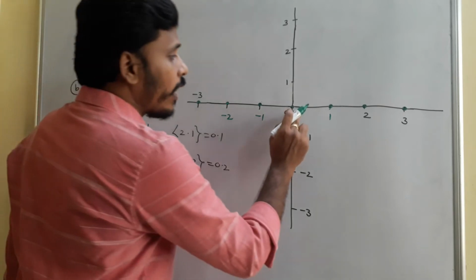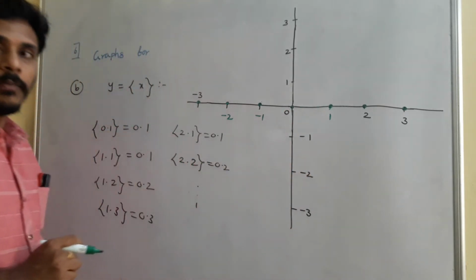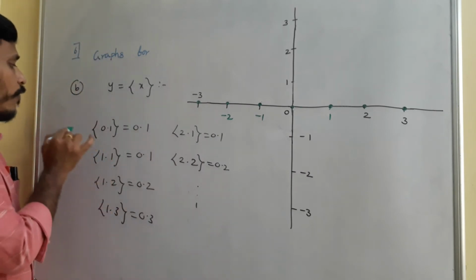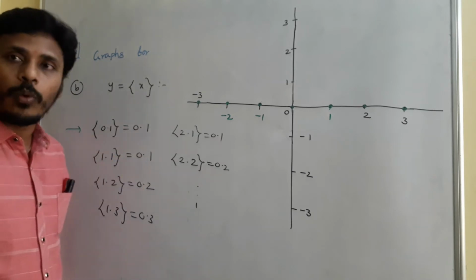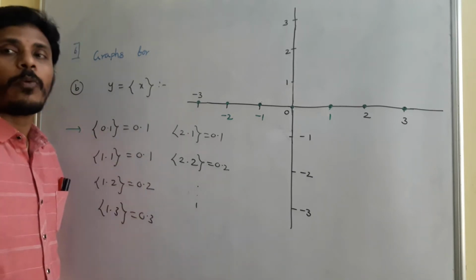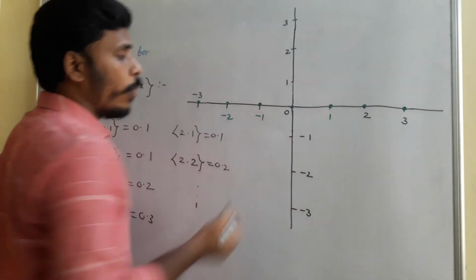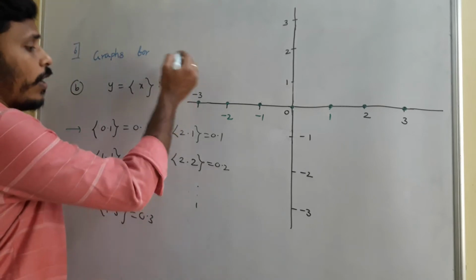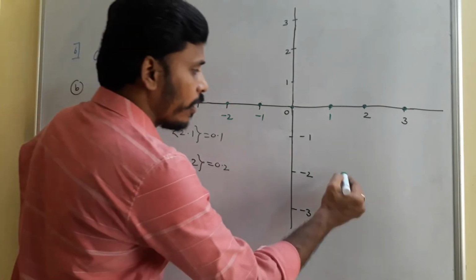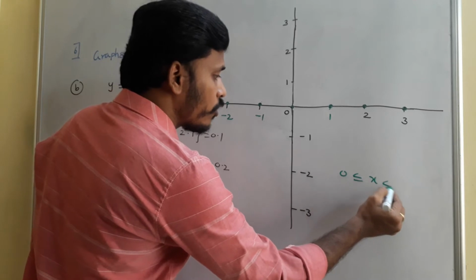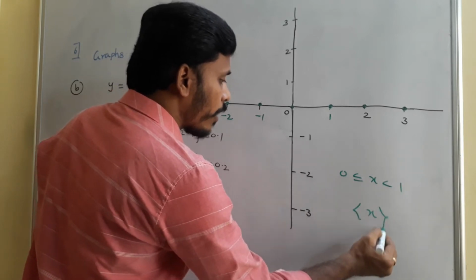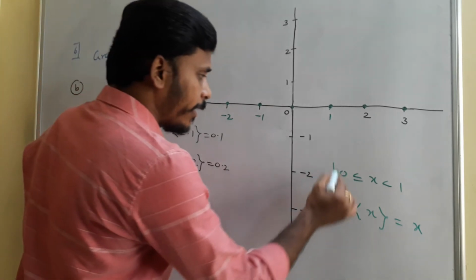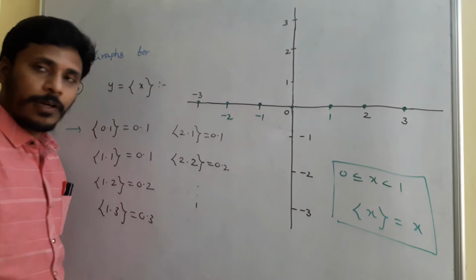Now if you take any number which is in between 0 and 1, the fractional part again lies in between 0 and 1 itself, because the fractional part of 0.1 is 0.1, and for 0.4 it is 0.4 only. So in between this 0 and 1, the fractional part of x is just like what? x itself. If x is a number which is in between 0 and 1, the fractional part of x is simply nothing but x itself. This is one idea. In between 0 and 1, the fractional part of x is x.